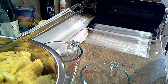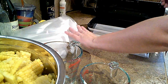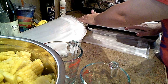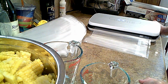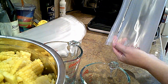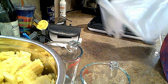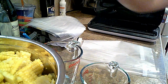Alright, so what I have going on here is I have cut up a few bags, and the first thing we have to do is seal them so that, you know, the food doesn't go straight through. That makes sense, right? Just takes a few seconds. Alright, perfect. And then I usually just check the seal just to make sure that that looks good, and that does look good. So I'm going to use that one last because it will be nice and warm right now. So we'll set that to the side,